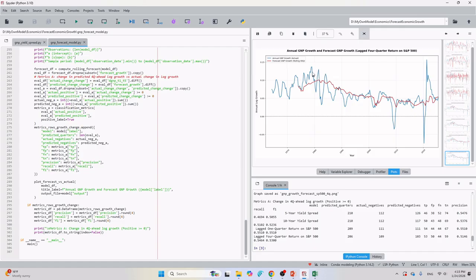If the actual GNP comes down and our forecast GNP also comes down, like here, that means the economy is cooling down. And then we'll say our model is correct. You can see I show the results here. I just put those metrics in my slide so it will look better. Now let's go to our slide.